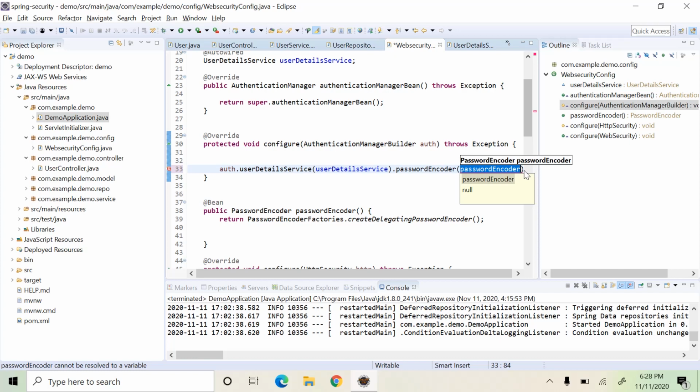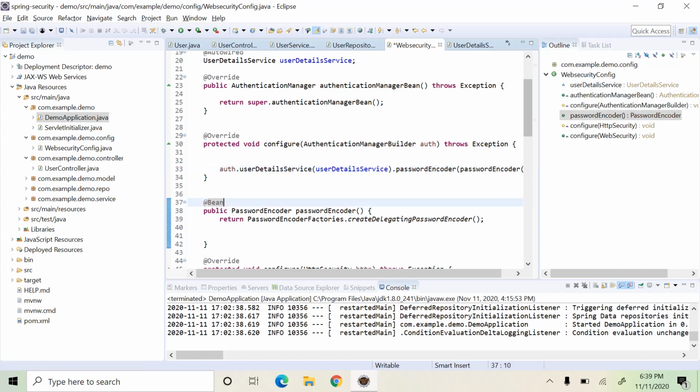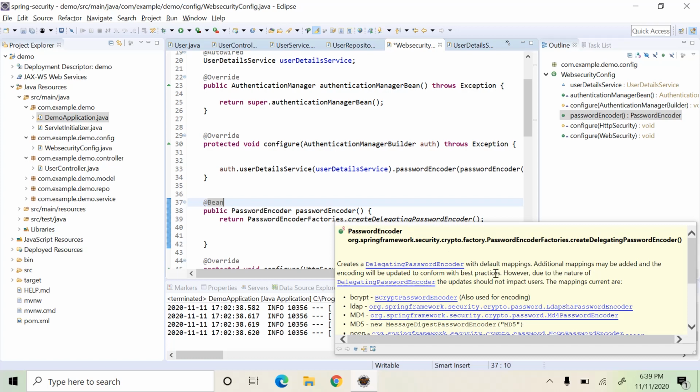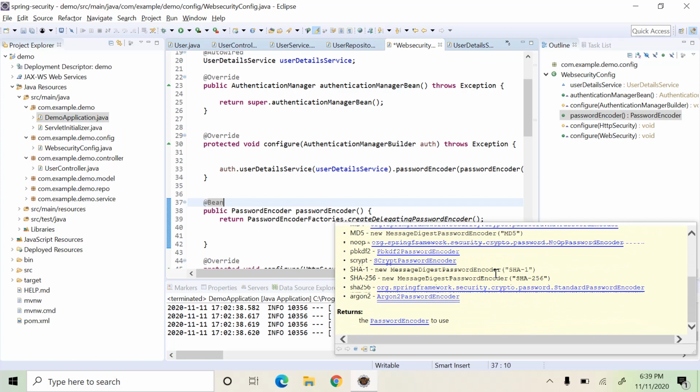For this, we need to first encode and store the password in the database. For this, we need a password encoder bean, which returns a password encoder. Here I am using the PasswordEncoderFactories to create the password encoder. This PasswordEncoderFactories is a factory of password encoders. It has a list of password encoders which can be used by Spring Security. Whenever you are using a password encoder, you have to prefix the name of the password encoder along with the